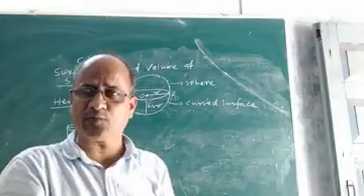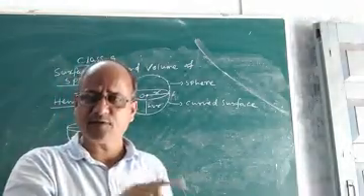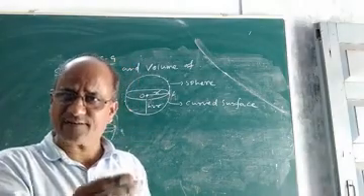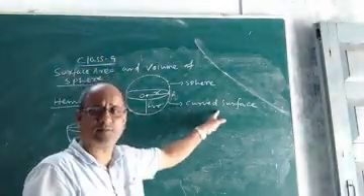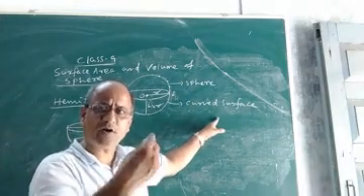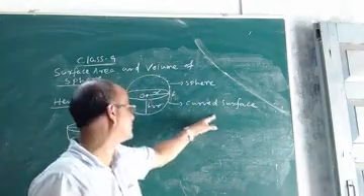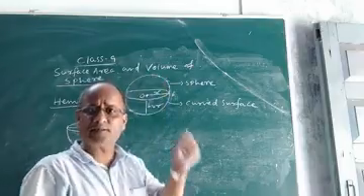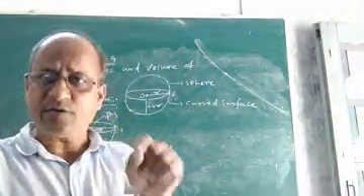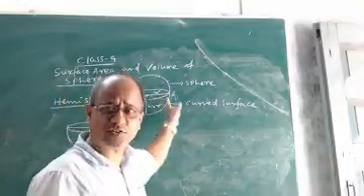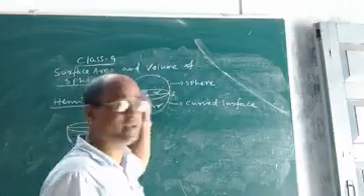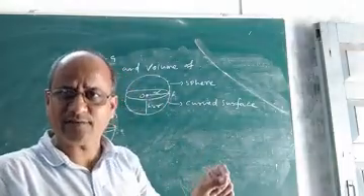We have read in class 3-4 that a sphere has one face, no edge and no vertex. That face or surface is nothing but the curved surface. So a sphere has a curved surface. And what is a sphere? A sphere is a three-dimensional solid which is nothing but the collection of all points in space which are equidistant from a fixed point known as the center.